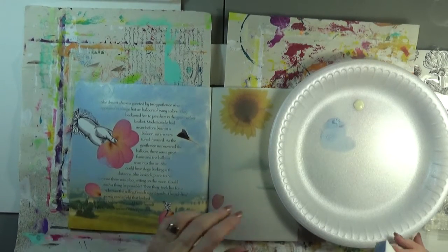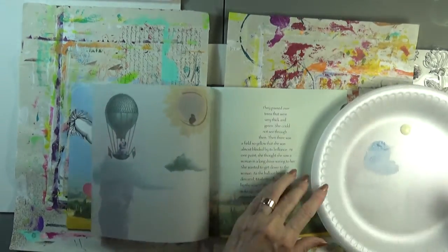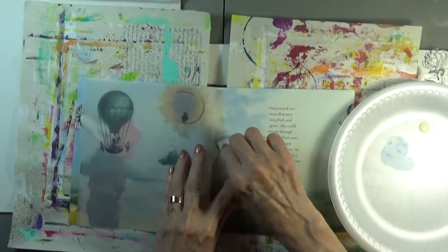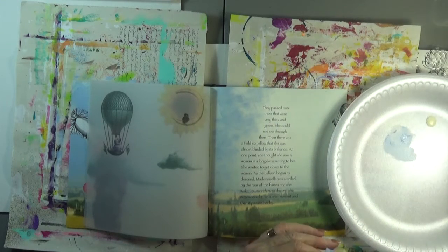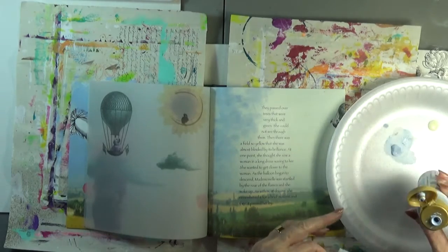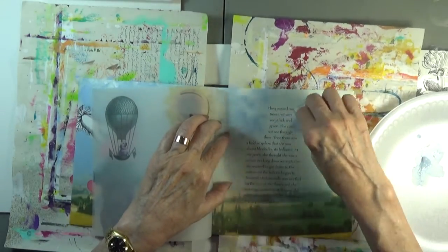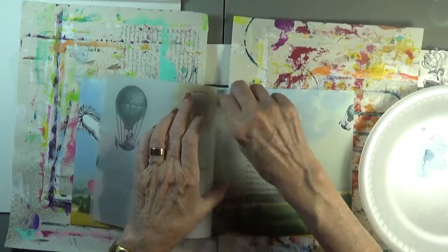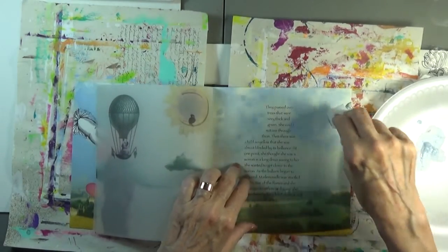Alrighty. Let me try it over here, and then we might come back and add a little white. I think that's going to need a little bit more white. Now this sky looks a little bit more as though it has a touch of green in it, probably a reflection of these fields. So I might not be adding too much of the buttercream, because there is just a tiny smidge of yellow in it, which of course, yellow and blue,